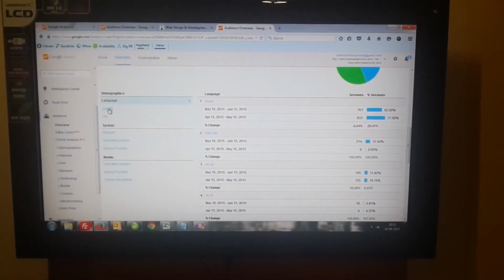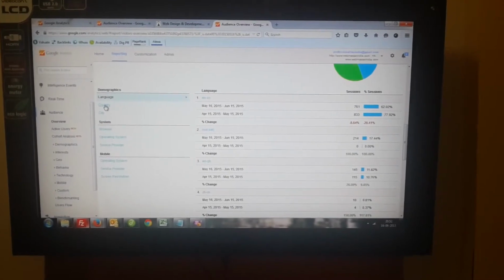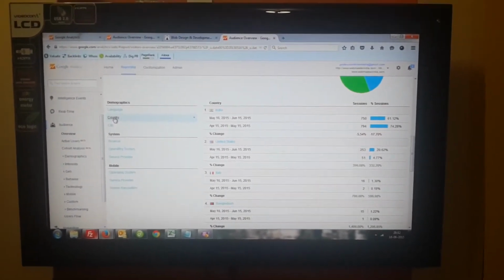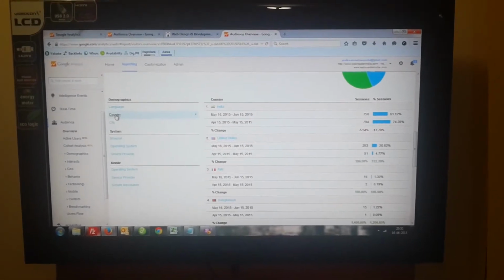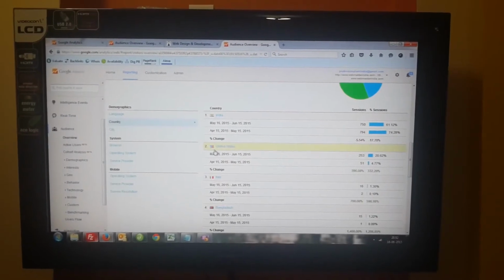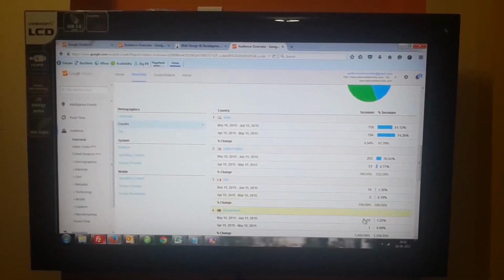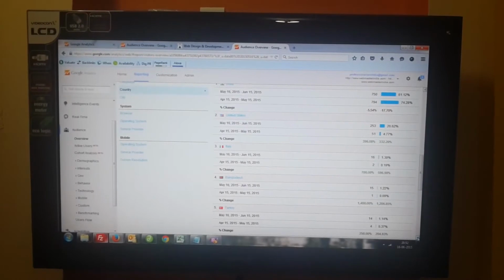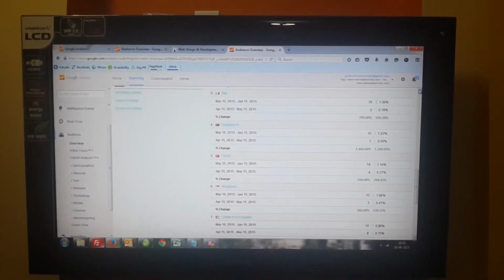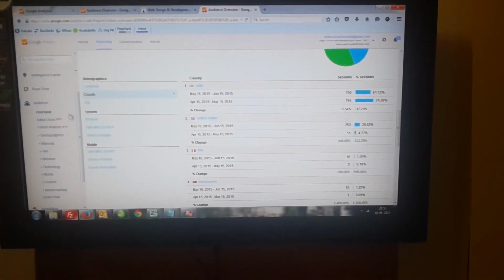If you want to see the traffic from different countries, you can also see that from here by clicking the country option. Here you can see that the traffic from India has decreased a bit, about 17%. Traffic from the United States has increased. Italy, Bangladesh, and so many other countries. So here you can see the traffic from different countries, either increased or decreased, or how many visitors have come to your site. City wise also you can